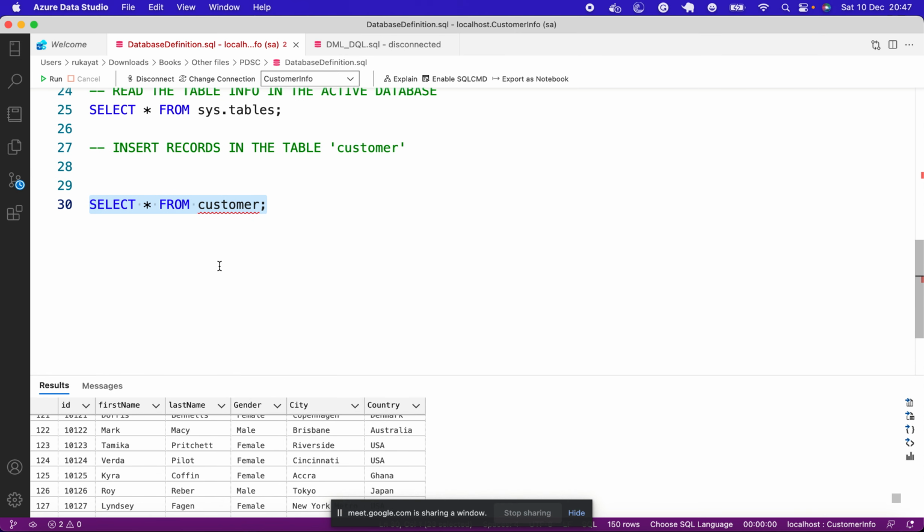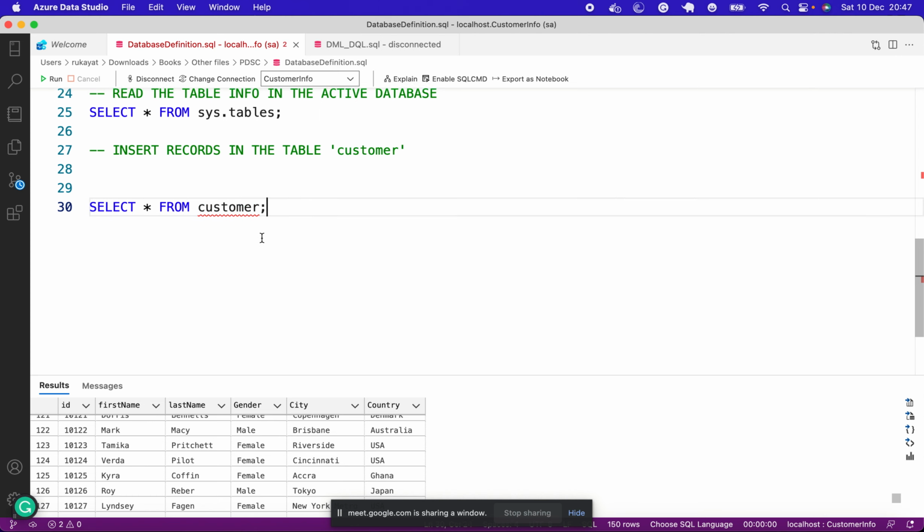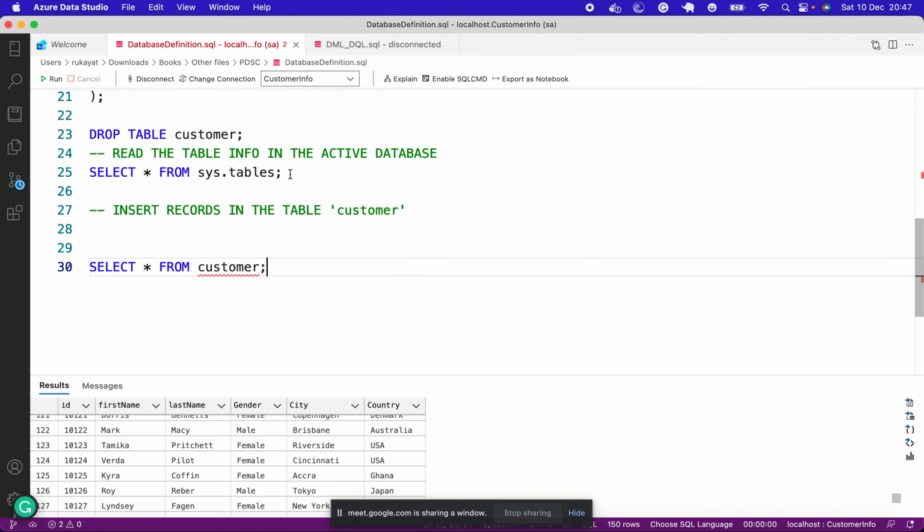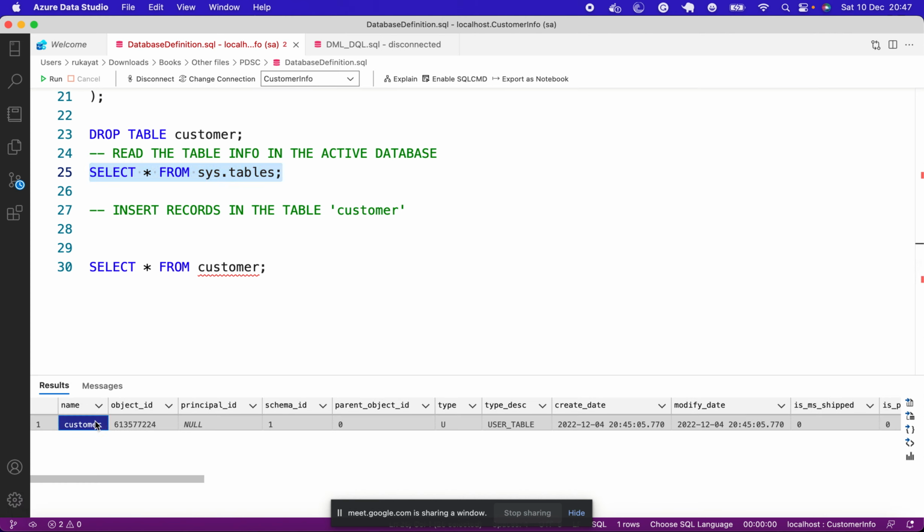So the next thing I want to do, since I have three tables to create, I've created the first one, and I can see that if I run this now, I can see I have just one table here. So now I want to create the remaining two. Alright, give me a minute to pull up my screen,